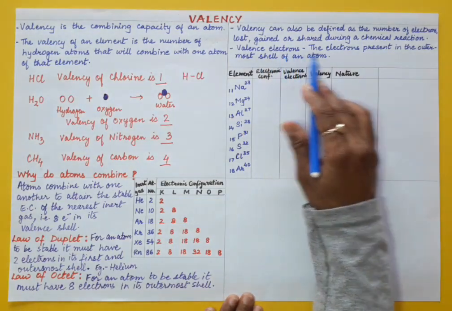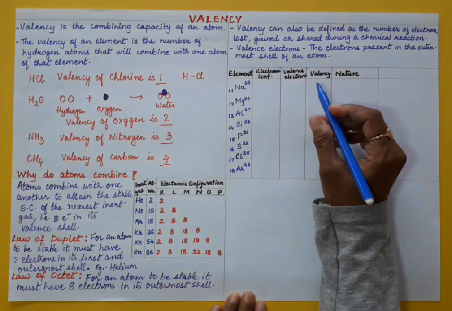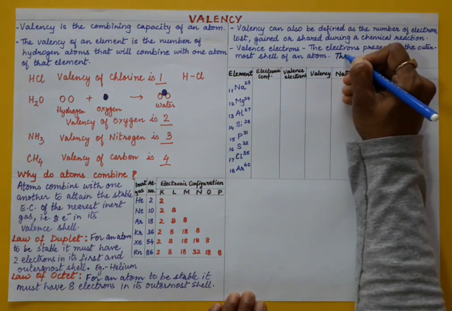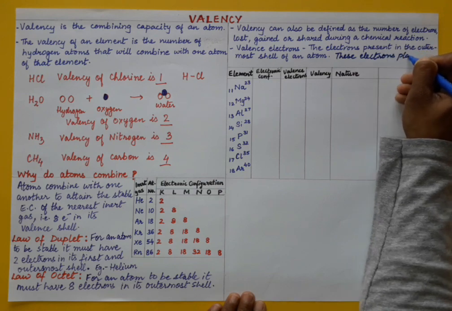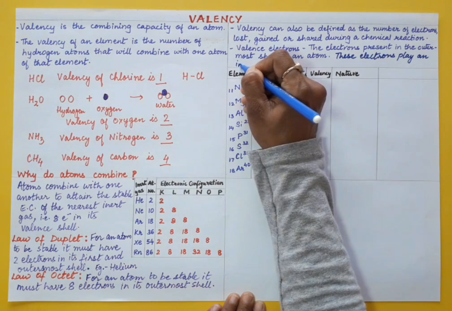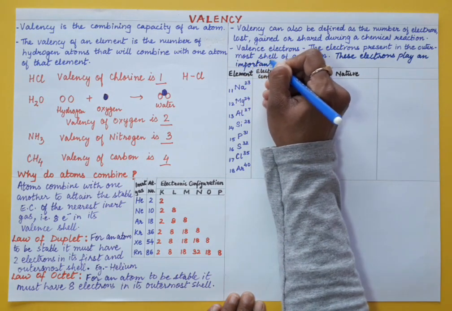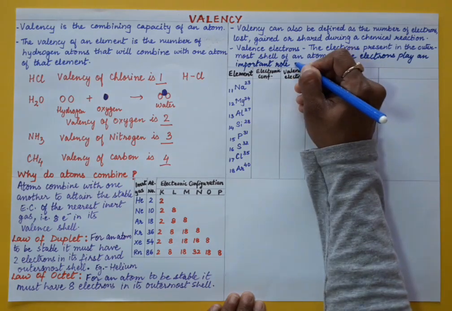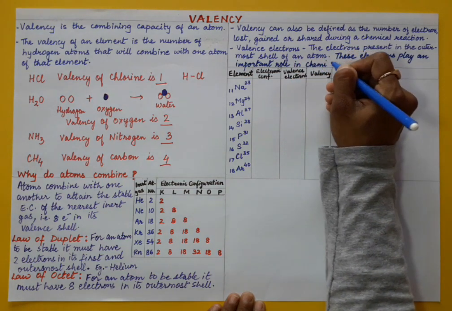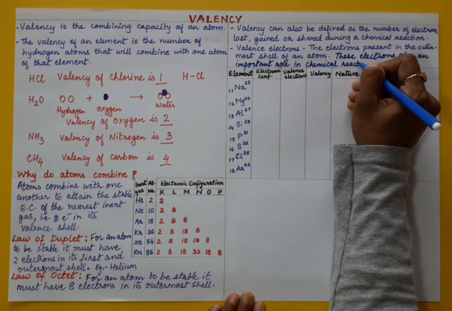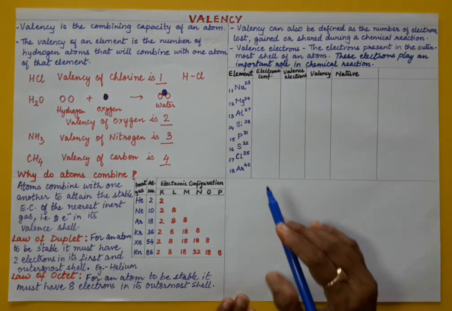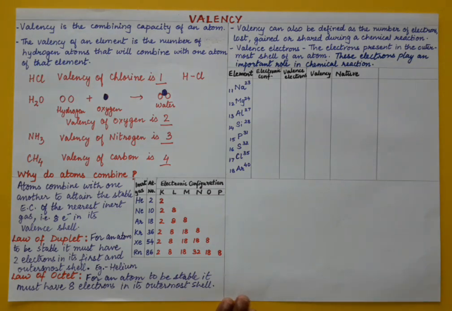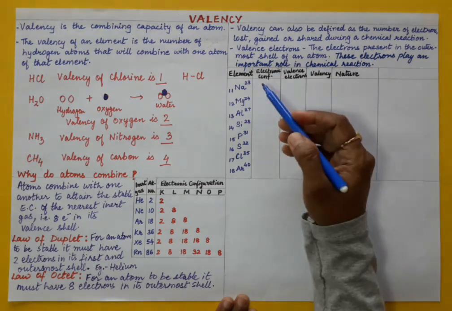So what are valence electrons? The electrons present in the outermost shell of an atom are known as valence electrons, and these valence electrons play an important role in chemical reactions. Right? They only take part in the reaction. Okay, valence electrons take part in the reaction. Now let us understand this table. After understanding this table, it will be very clear how these atoms lose, gain and share electrons to become